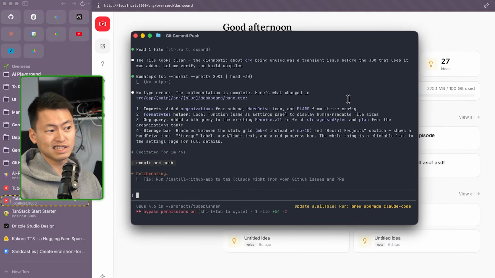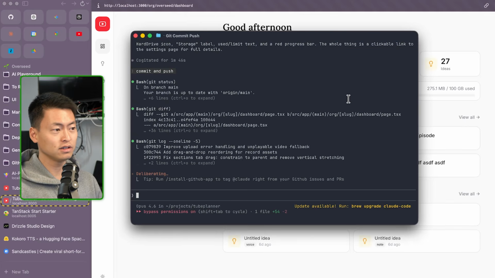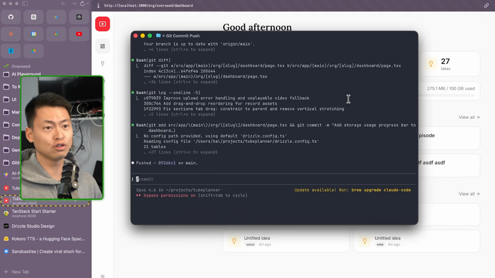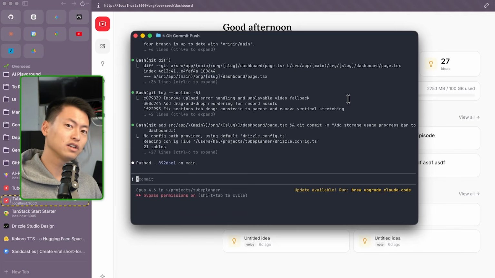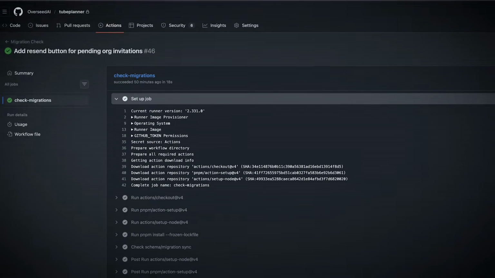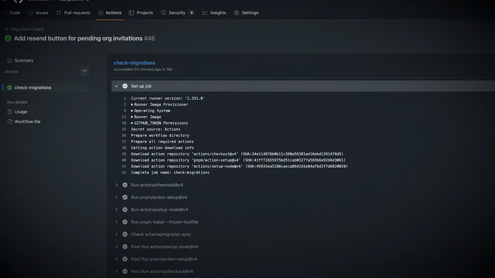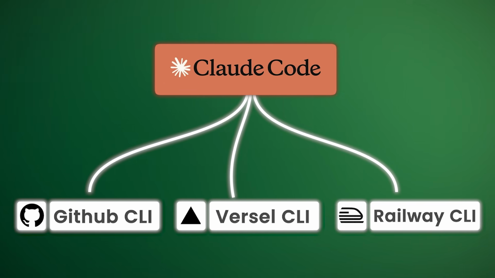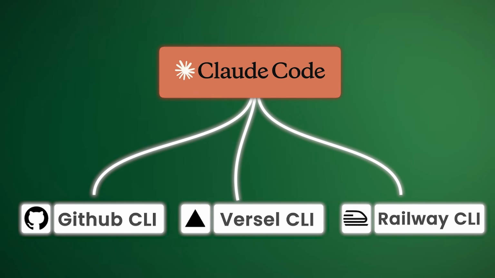And just to kind of explain what is happening behind the scenes here, none of this is new. And I do like to ask the AI to create a commit message for me because it creates a summary of the changes that it's made. And once it pushes it to the cloud or to GitHub, it triggers the GitHub action flow so that it pushes the changes to production on Vercel and Railway as well. So all of that stuff was set up by Claude Code. I didn't go in and manually wire things myself. All I did was I gave Claude Code access to the GitHub CLI, the Vercel CLI, and also the Railway